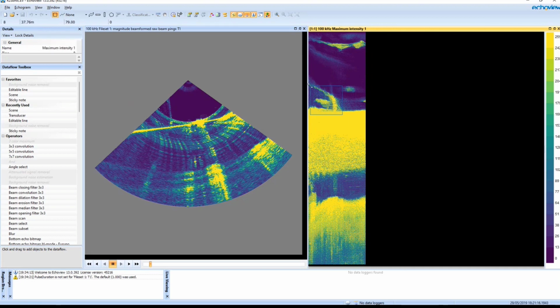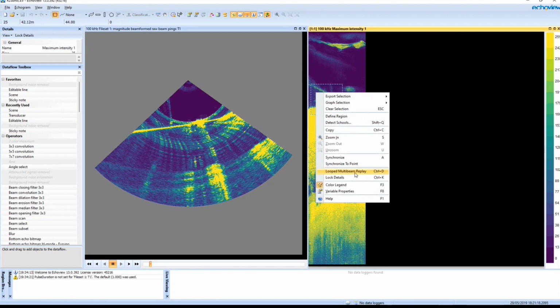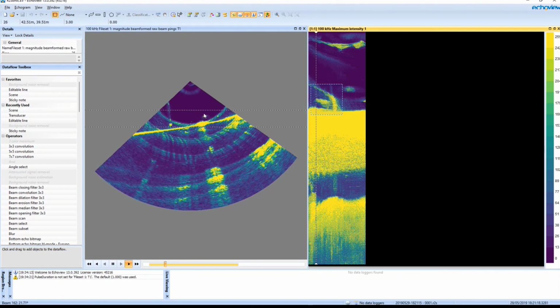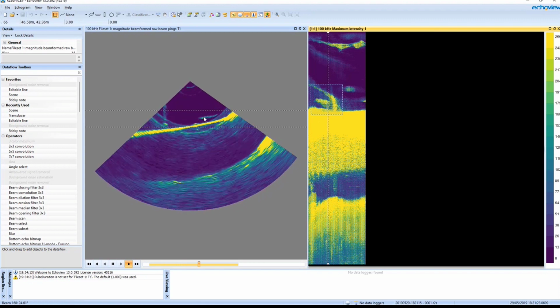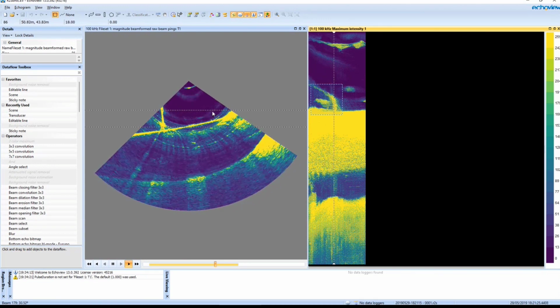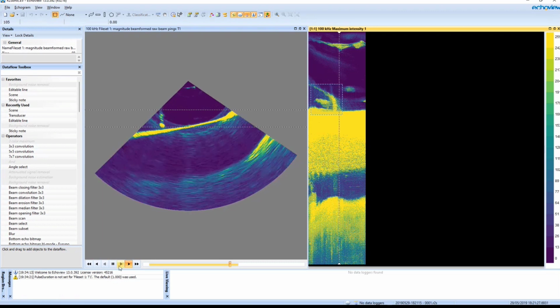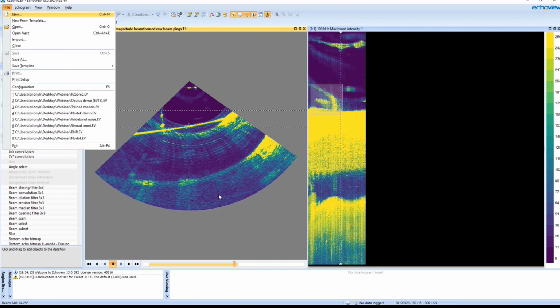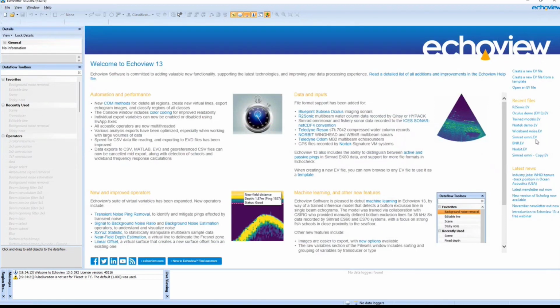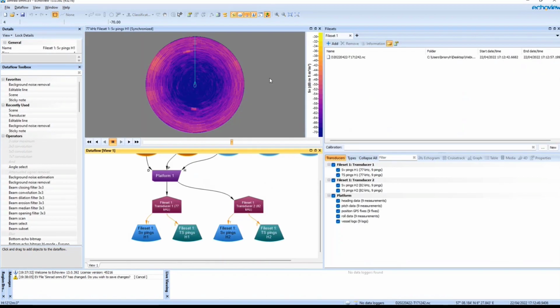And if I just do a little looped replay here, what we can see just where my mouse is that gas that's being released in this experiment and having a high signal return. So in this case, we could use Ecoview's multi-beam school detection capabilities to analyse that school of bubbles effectively. Next on the list is Simrad OmniSonar data. This is some Simrad MF90 OmniSonar data that was shared by Kongsberg Maritime.